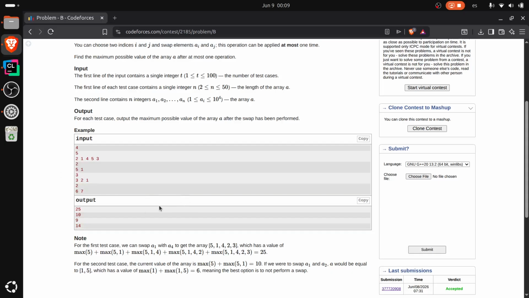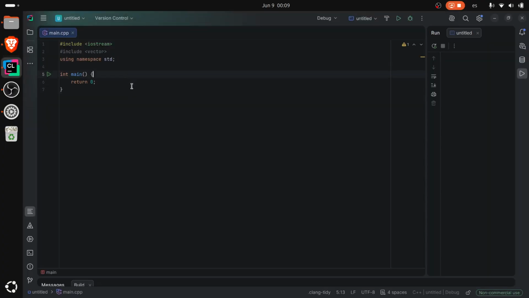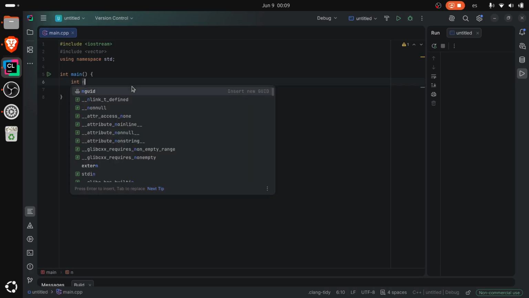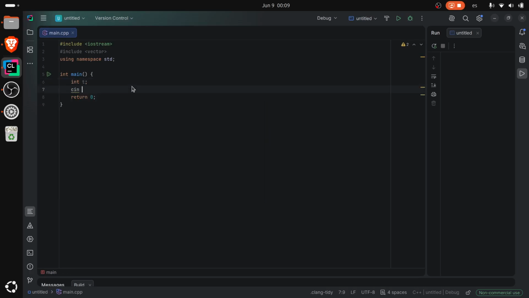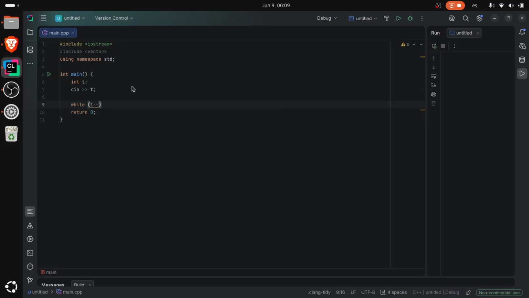If not, let me show you how to go about it. So let's jump into it. First, we've gotta take the input t, which is between 1 and 100. That can be a simple int t, and this would be the number of test cases. So we can do something like this in order to iterate that certain number of times and receive